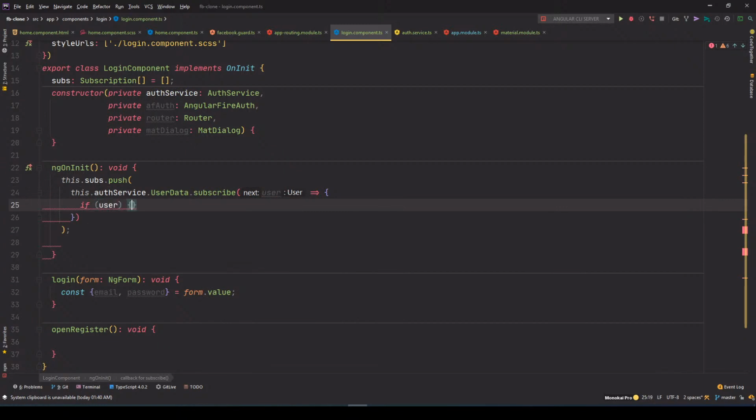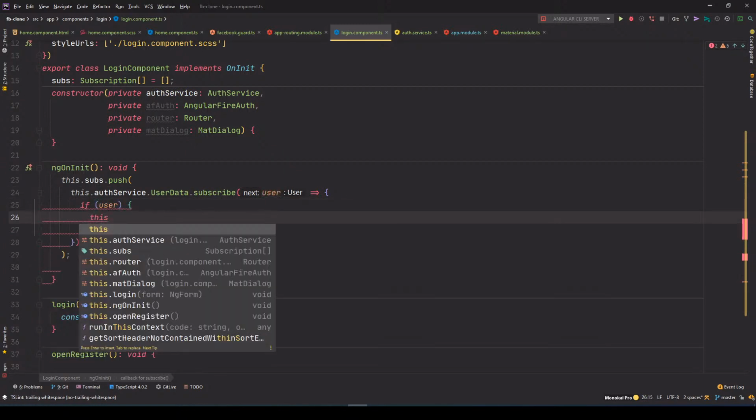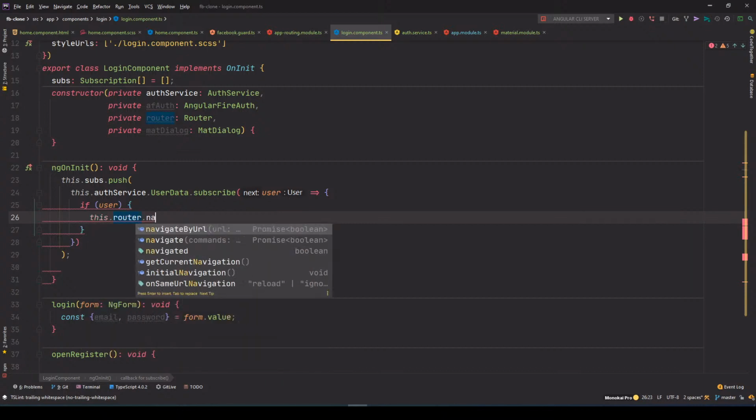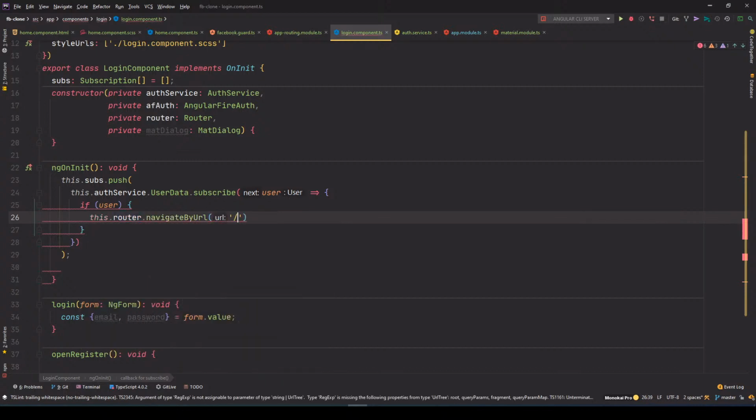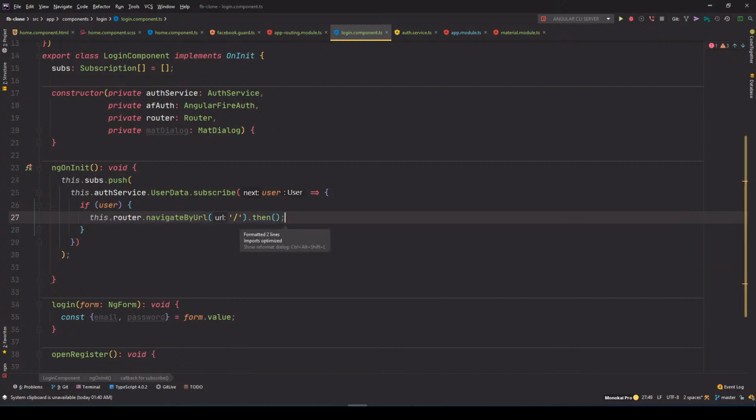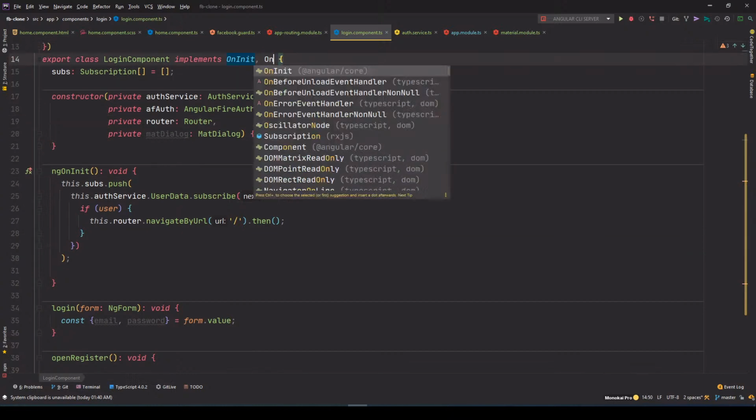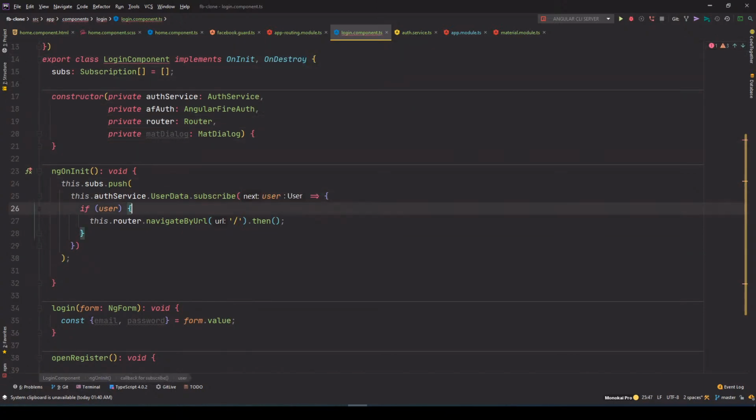If user is there, I don't want to do anything. I want to send the user to the home page. Go there. You're already signed in. Come on. And since I am storing the subscription in the component, I want to unsubscribe from it